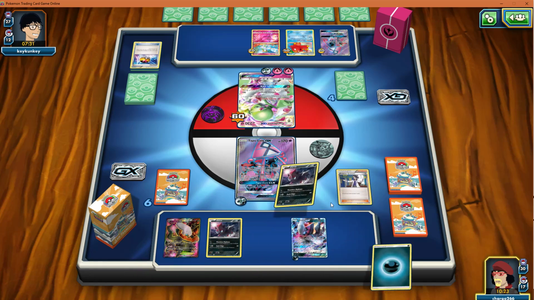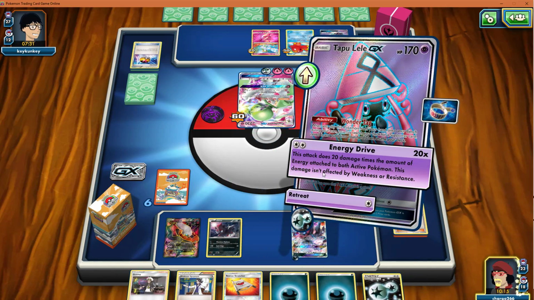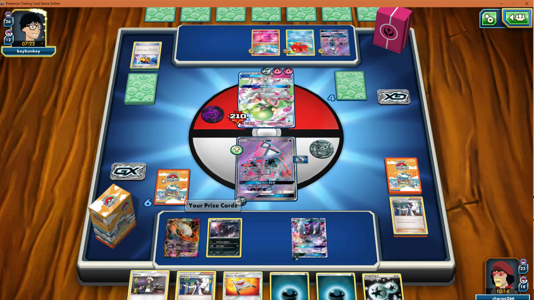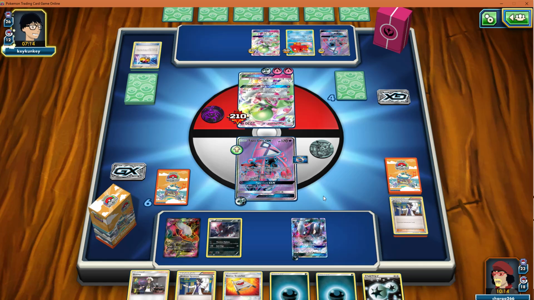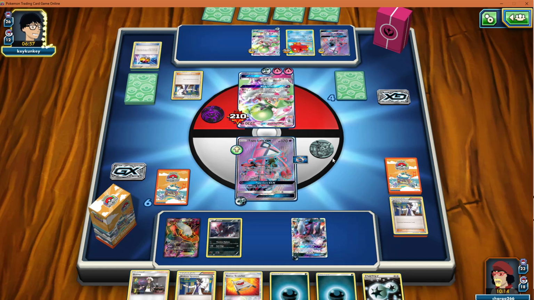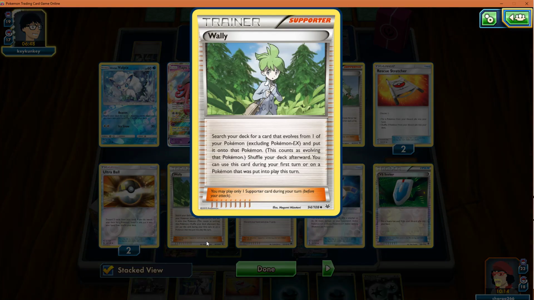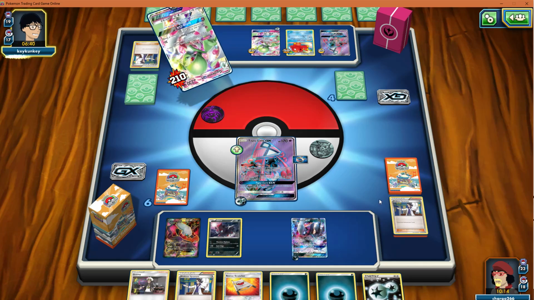I really don't know what to do right now. That's just not helping either. The fact that I'm one off. I should have played that energy switch and put that there. That Wally really made this game difficult. That single-handedly put him fast enough to beat this start I had, because he'd be a turn behind and...